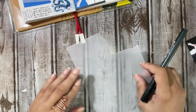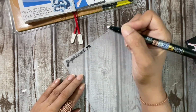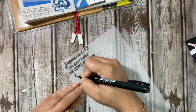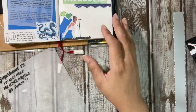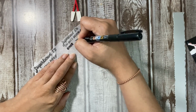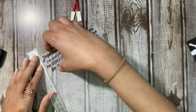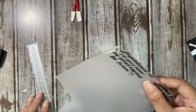So, just getting what happened down here, I decided again to use some vellum just to say, hey, Super Bowl 58, I'm only here for Usher. That's pretty much it. The use of vellum over here was actually inspired by Amy All. I've been watching her videos. I really love her style. So cute. And it just made me remember how much I actually used to use a lot of vellum and tracing paper